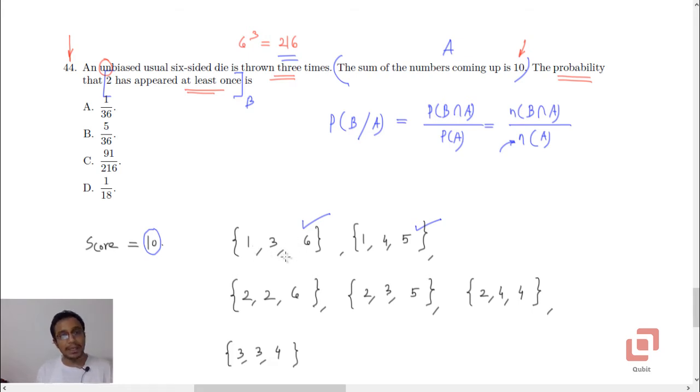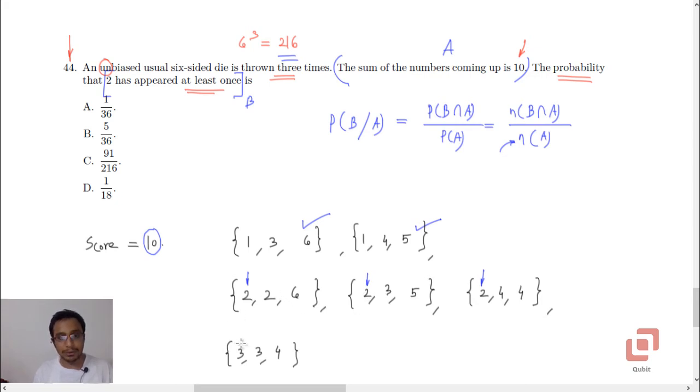Let's go to 2 now. So you can have 226 or 235 or 244. If you decide to look for 25, it has already been covered here. 26 has already been taken care of here. 23 has again been covered here. 21 cannot be a possibility because then the third outcome should be 7, which is impossible.